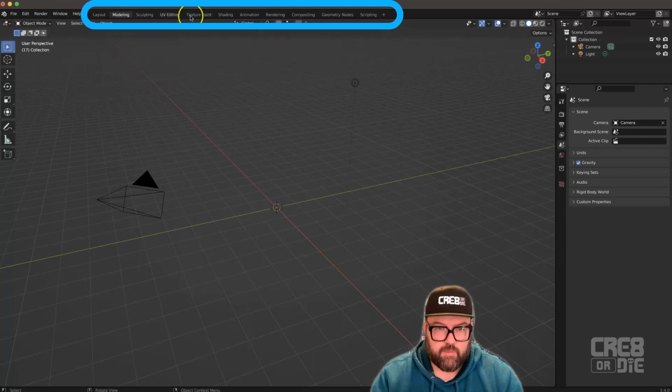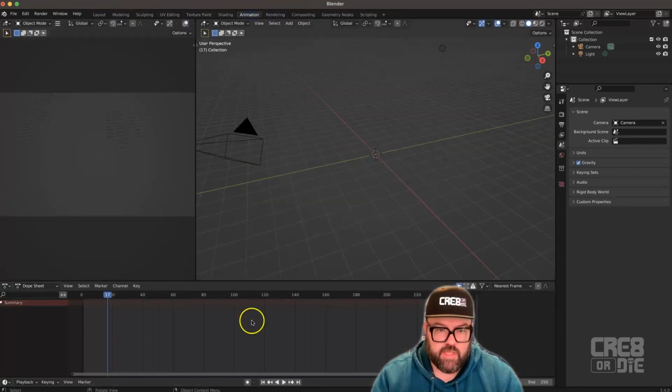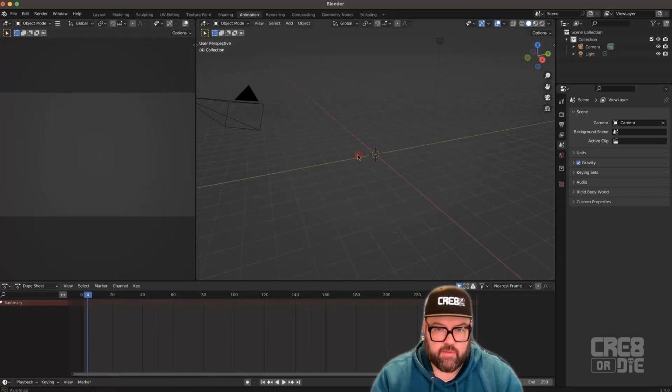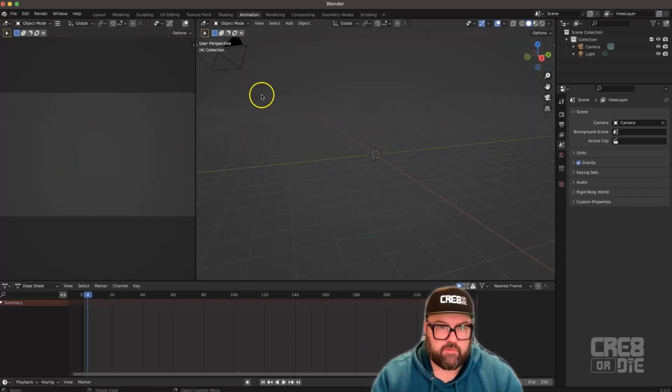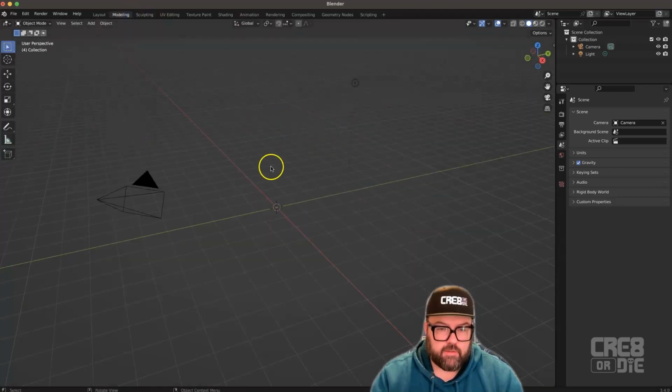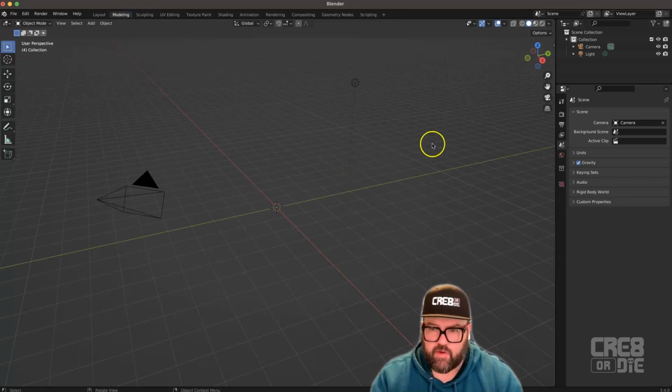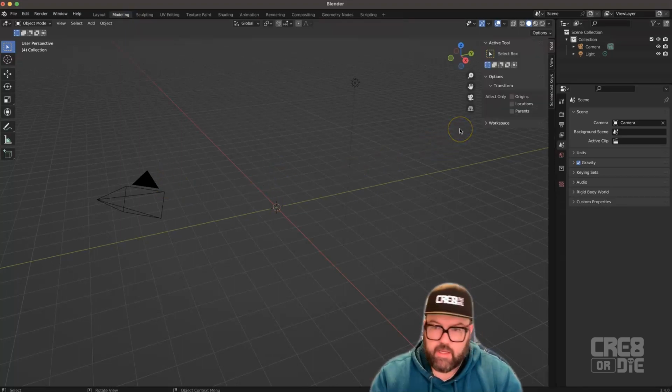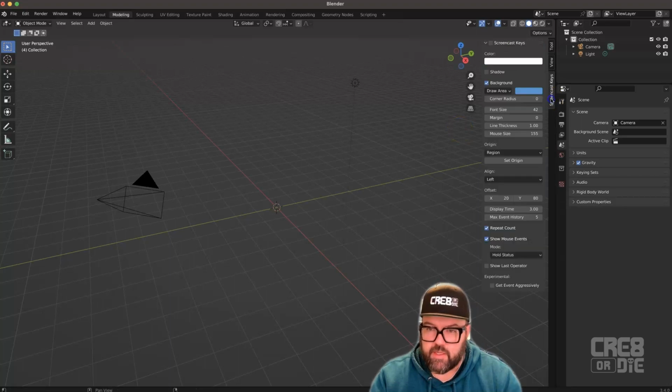If you wanted to jump over to animation, you click the animation tab, and then you have the timeline along the bottom and two windows. This window over here on the left would be your camera view, and then on the right you have again that standard 3D view. Let's go back to modeling,